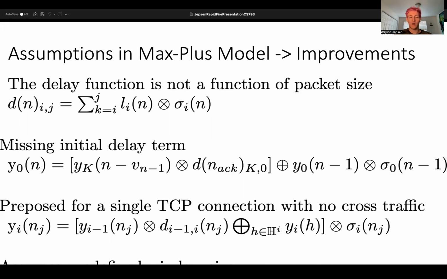And then also the model works actually quite well for a single TCP connection where a packet is traveling from a source to a destination across some links and some routers in sequence. Now, we want to extend this model to multiple TCP connections. This would be incredibly useful to doing different types of forensic network analysis. And so here we provide some theoretical constructions of adapting the parts of the model to account for multiple TCP